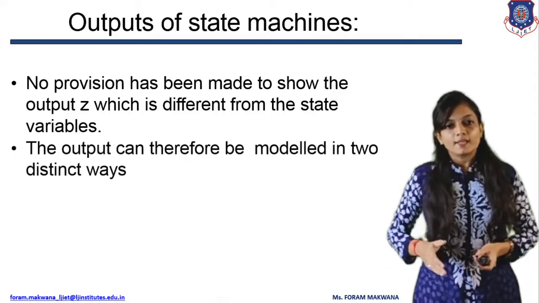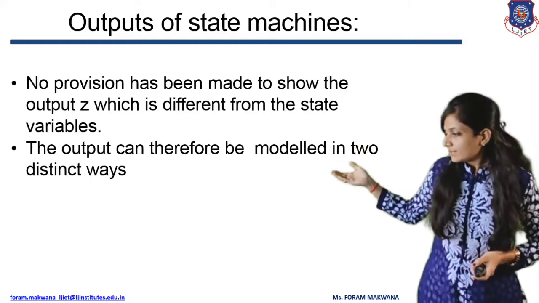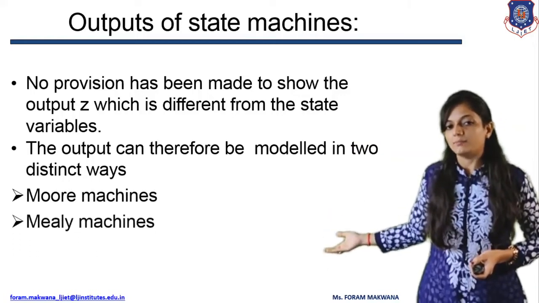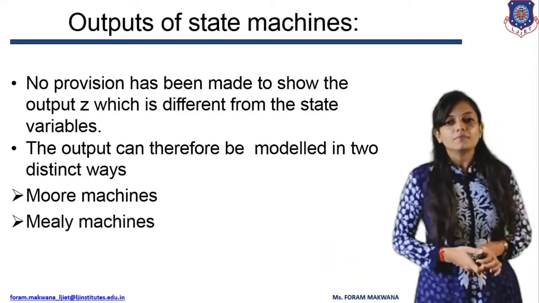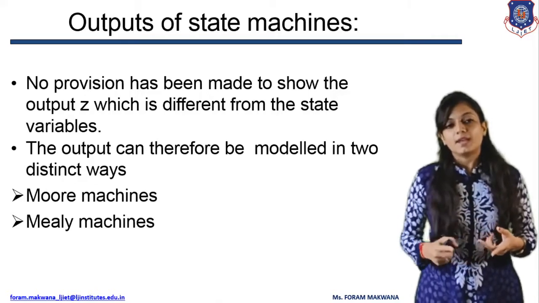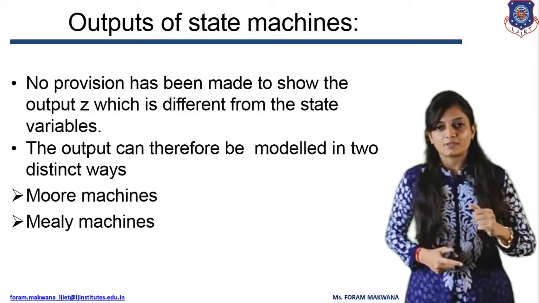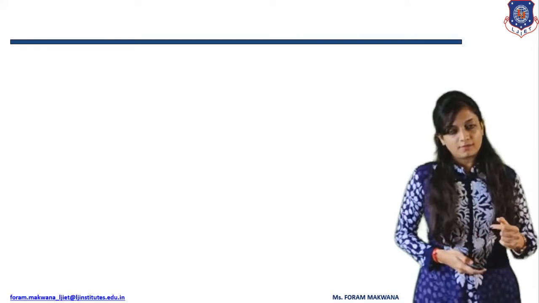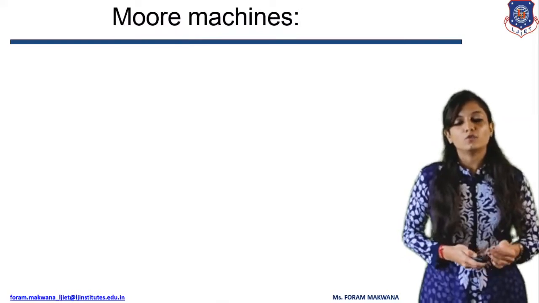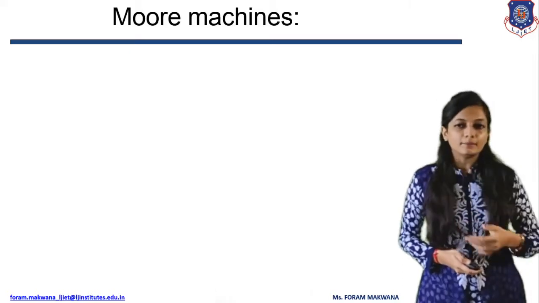So we can model the finite state machine in two ways. The first one is the Moore machine and the second one is the Mealy machine, right? We will see its state table, state diagram, state map, and how to realize its logical circuit diagram. There are different steps, right? Before starting that, first focusing on what we mean by Moore machine. You need to first understand these two, Moore and Mealy.